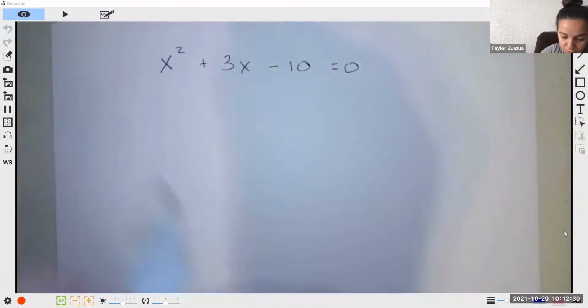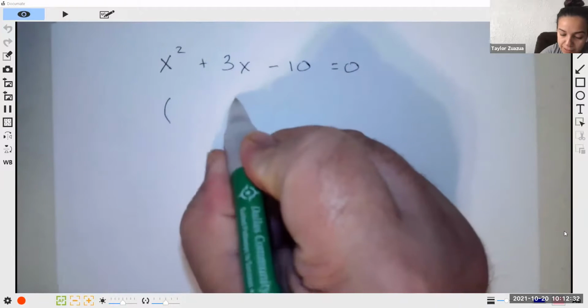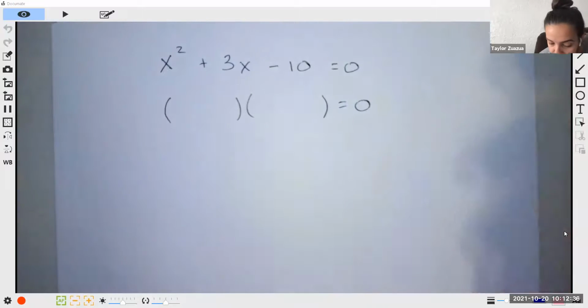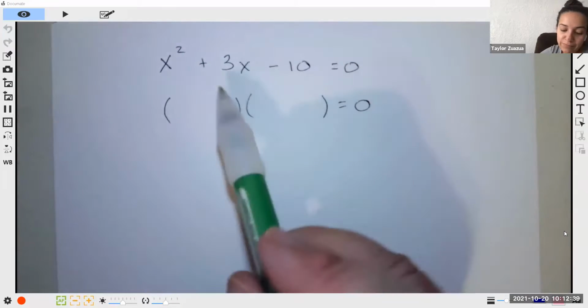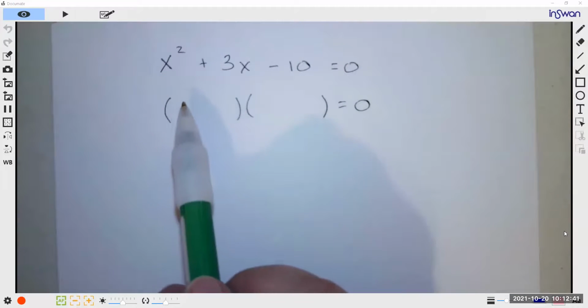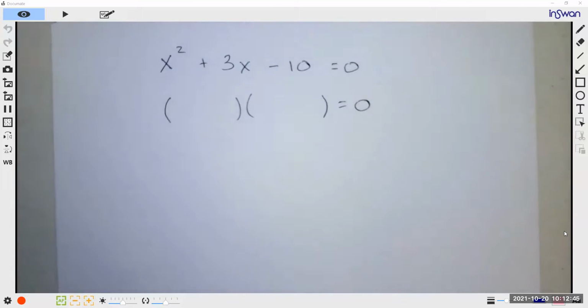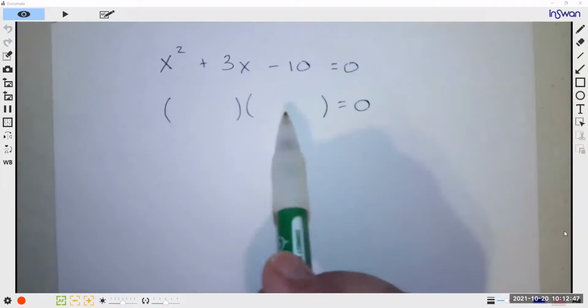So you want to get the X by itself. You want to get all the X's on one side. Let's put it in standard form. In order to factor it, it has to be in standard form. Set equal to 0, check. Now, when you factor it,